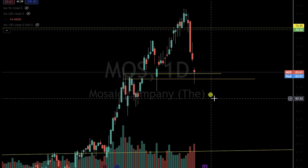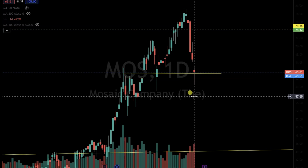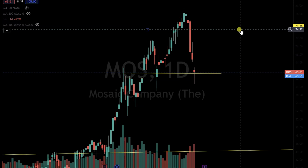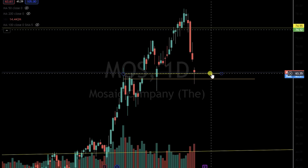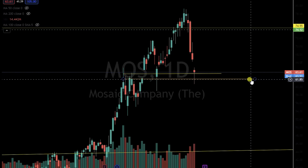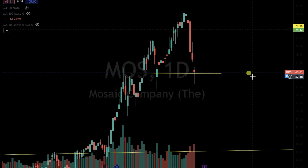So touching on Mosaic, one of the reasons I decided to close my short on Mosaic is it was down roughly over 6-7% on the day. And we shorted up here at 74.12, our average, and we closed it here at 63.17. So it's roughly a 15% gain on our short. Anytime you get into that 10 to 20% range on a position,